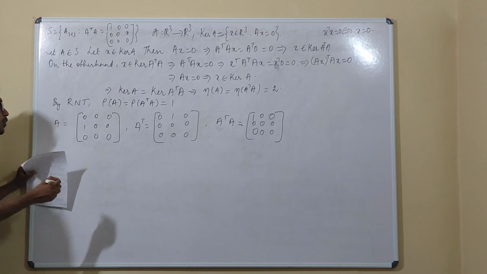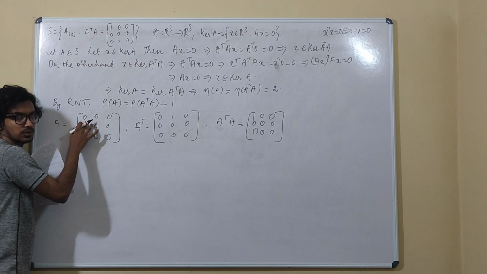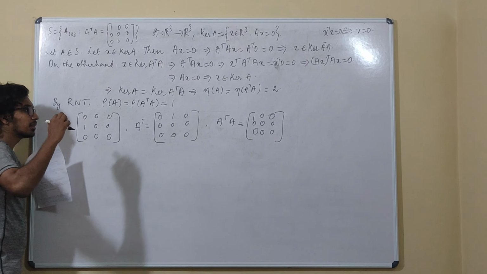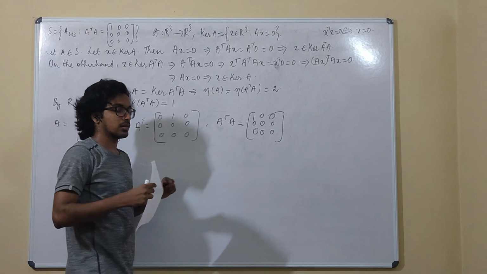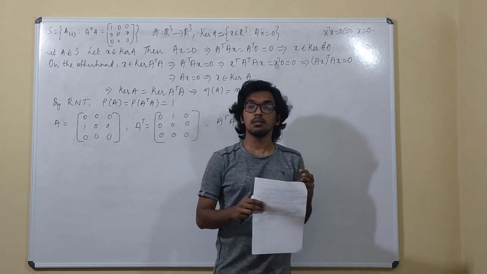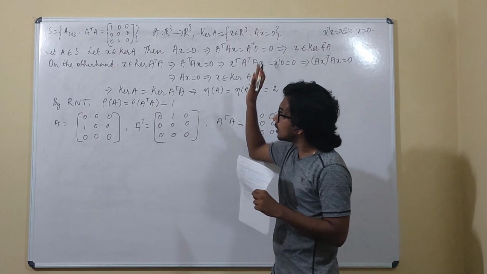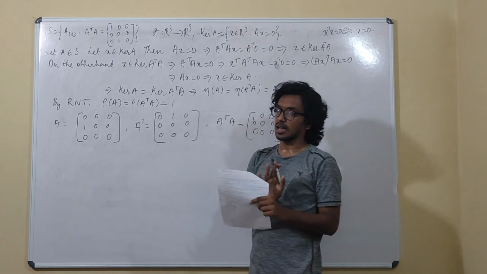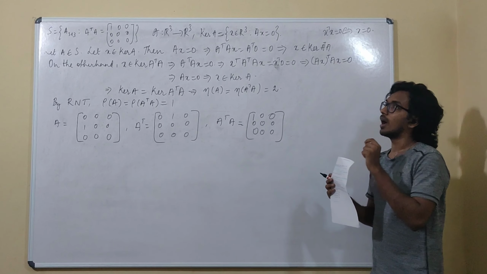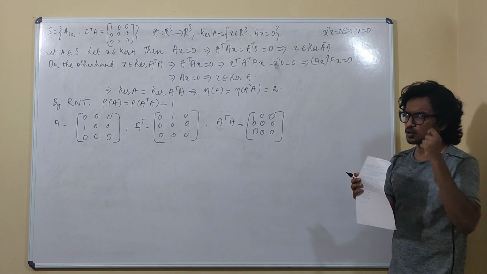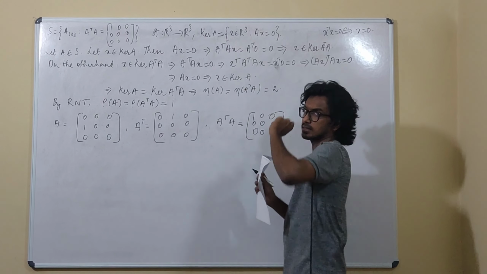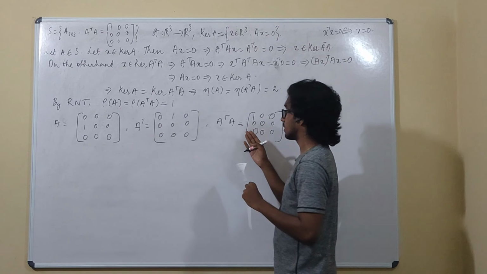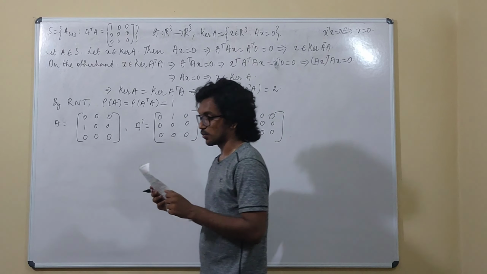You may ask me a question: what if I choose 1 in the first question? Yes, it is very well possible, but that is not a nilpotent matrix. The statement does not claim that all nilpotent matrices are present in this set. The statement just claims that there is a nilpotent matrix, which means at least one nilpotent matrix is present in the set S. Yes, we are able to identify one such matrix, and that is present in S. So option 1 is true.